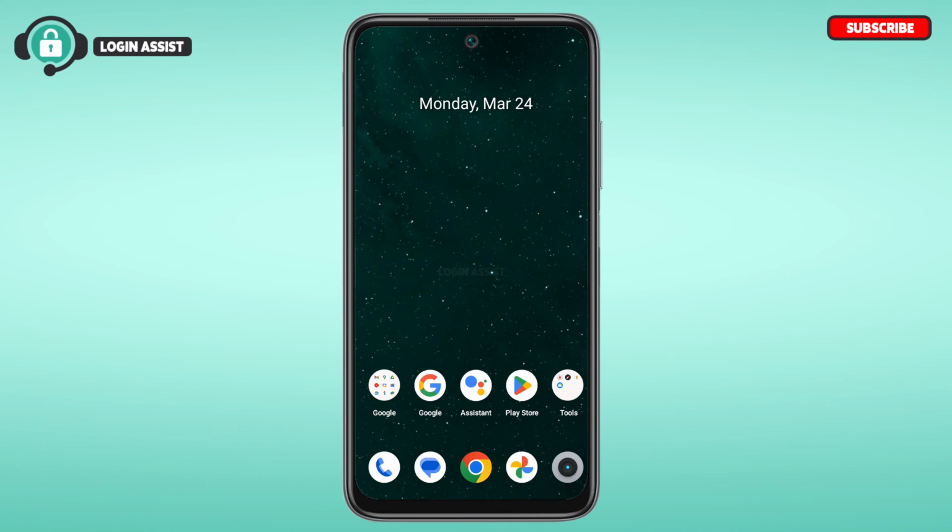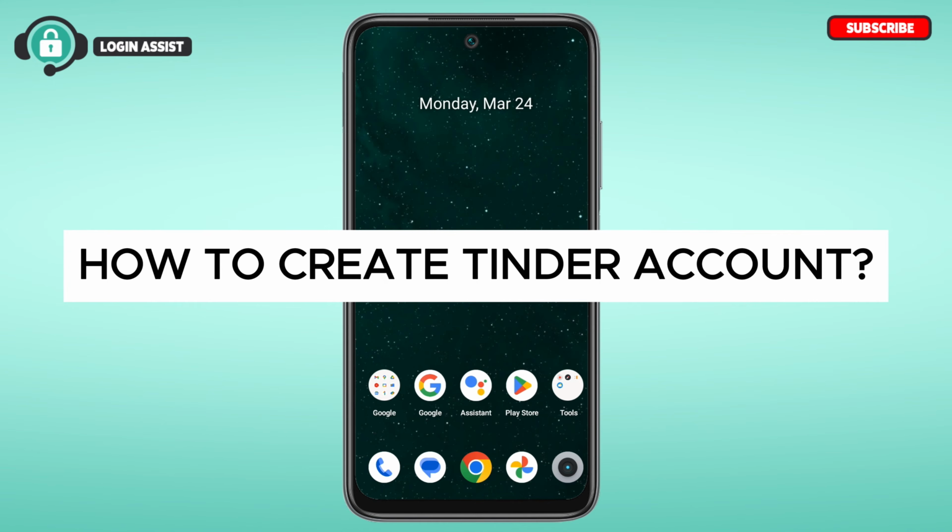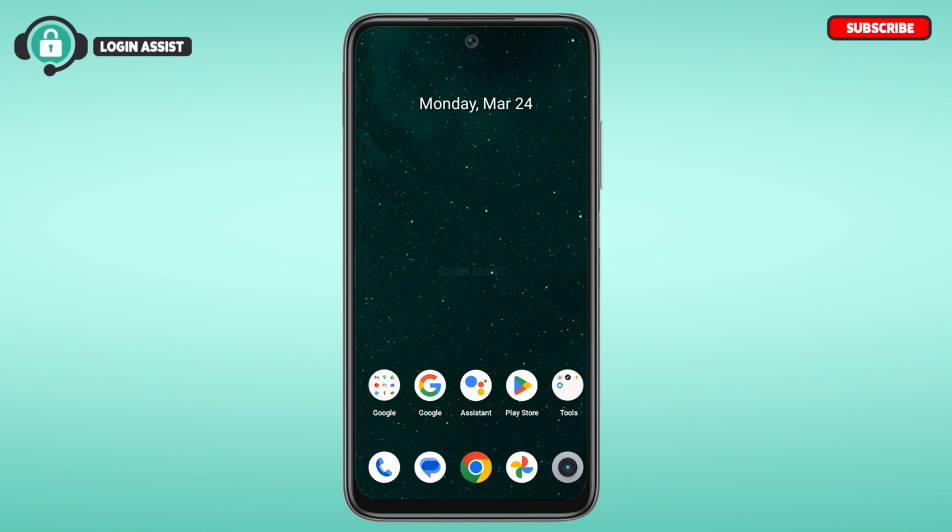In this video, I will guide you on how to create a Tinder account. So if you also want to create a Tinder account, this video is just for you. Follow the simple steps and you'll be able to do it. Tinder is an online dating platform that allows users to connect and chat with each other. So if you also want to create a Tinder account, first of all, what you have to do is